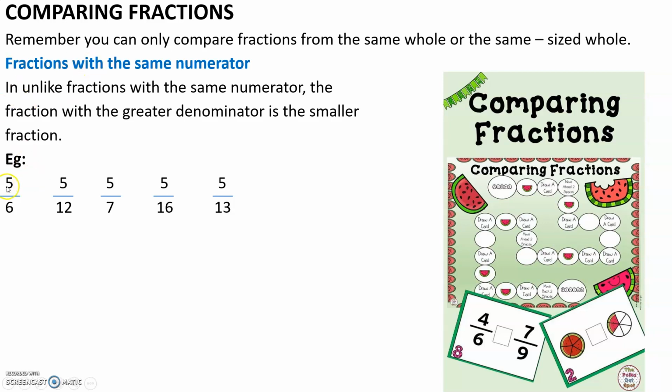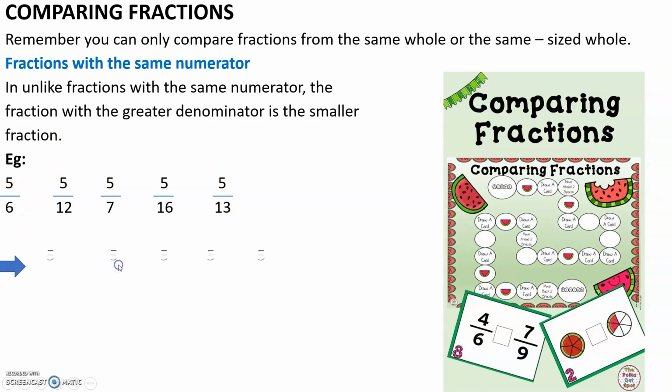Now see children, here if you see everywhere numerators are same. Everywhere you can find 5, the same number. Now we'll see the denominator. As I told you, your greater denominator is a smaller one. So, if doing the ascending order, now see the greater one is this 16. So, 16 will be the smallest one. So, first for ascending order, we'll write first 5/16, then 5/13, 5/12, 5/7 and then 5/6.